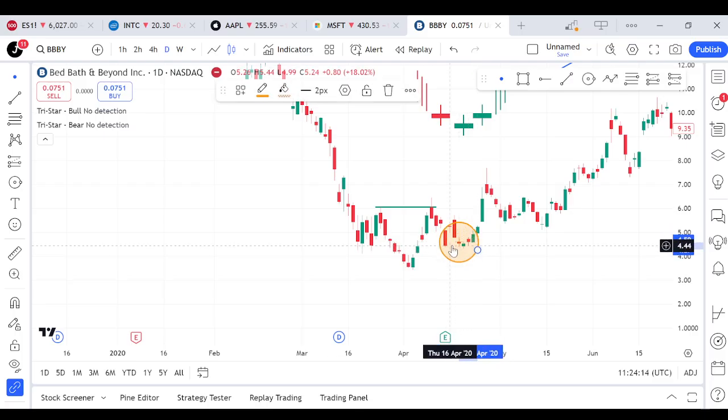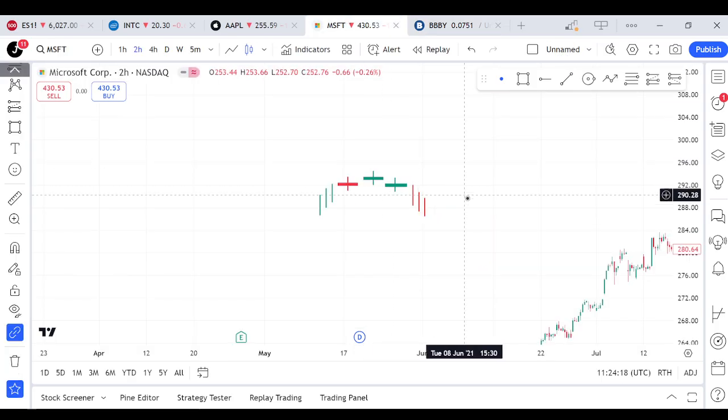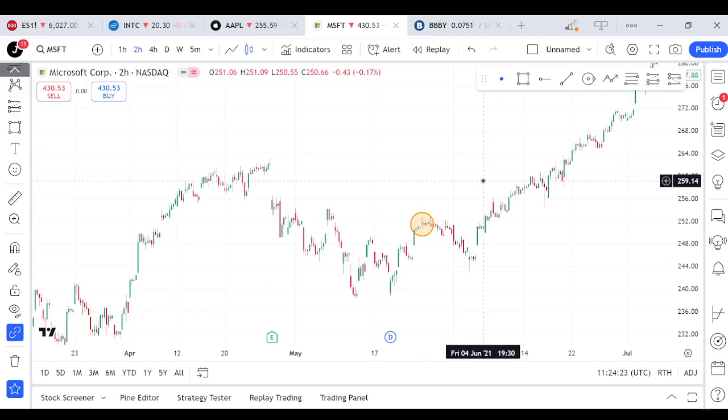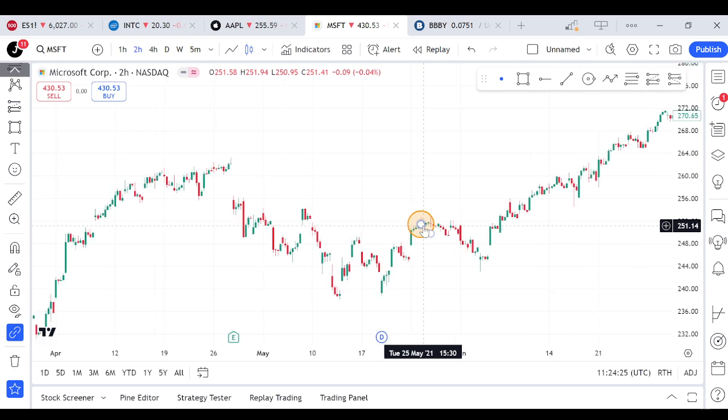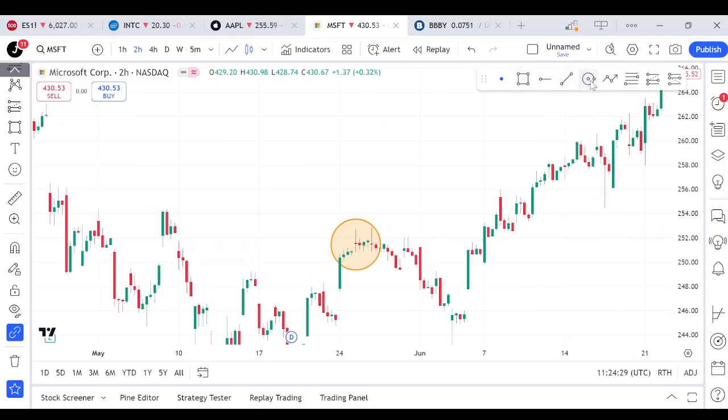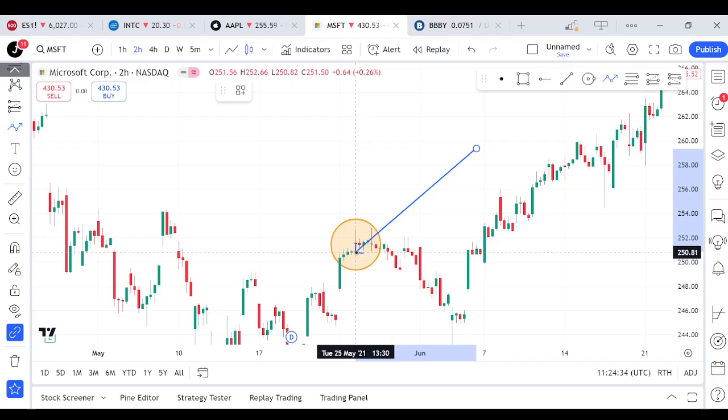So let's look at an example of the bearish 3-star candlestick pattern. For the bearish 3-star candlestick pattern, I was able to find this example. So you can see we have the first candle, which is this doji candle, this bullish green candle here, and then we have the next doji candle, which is the bearish candle. It's a big one, and then we have the next doji, which is a bearish